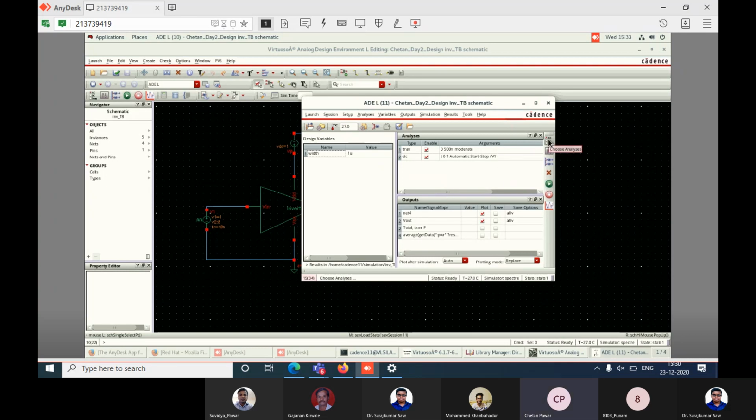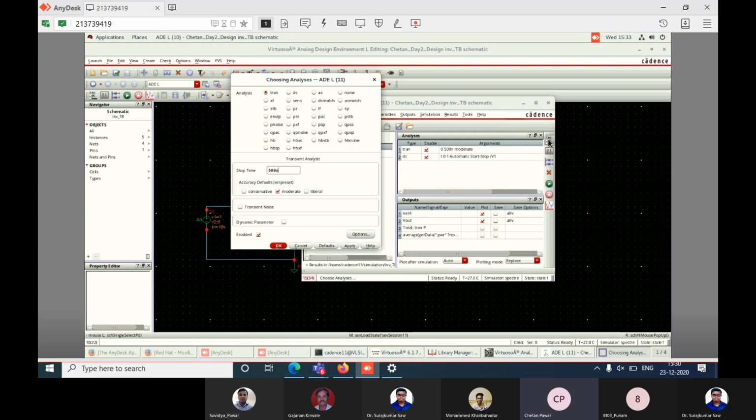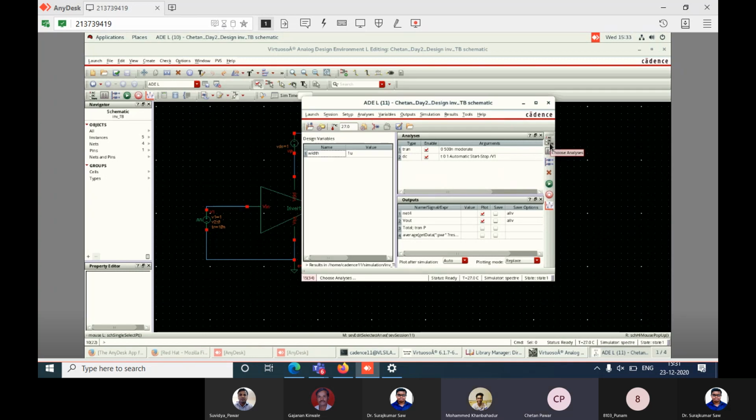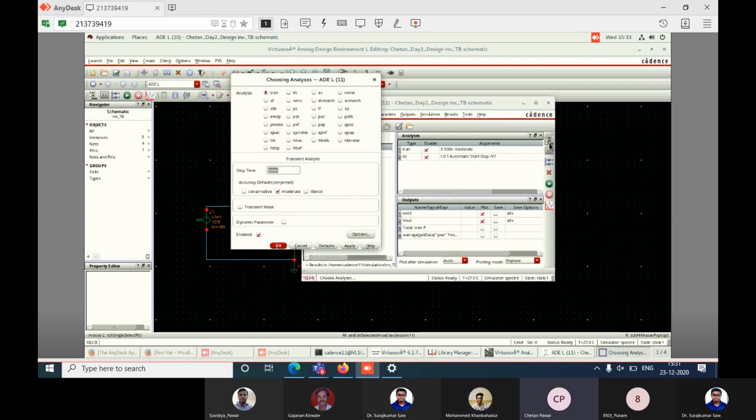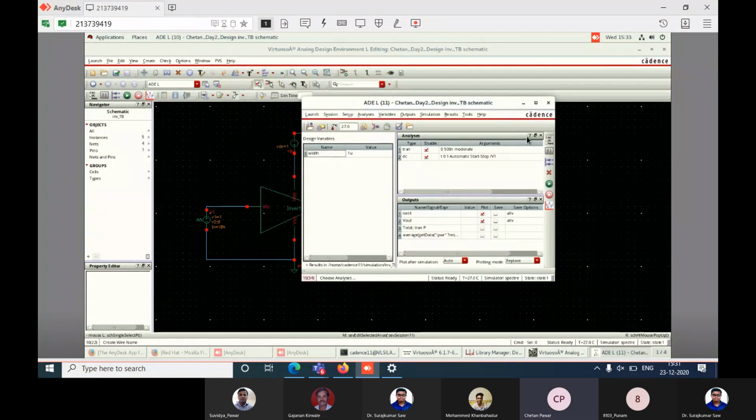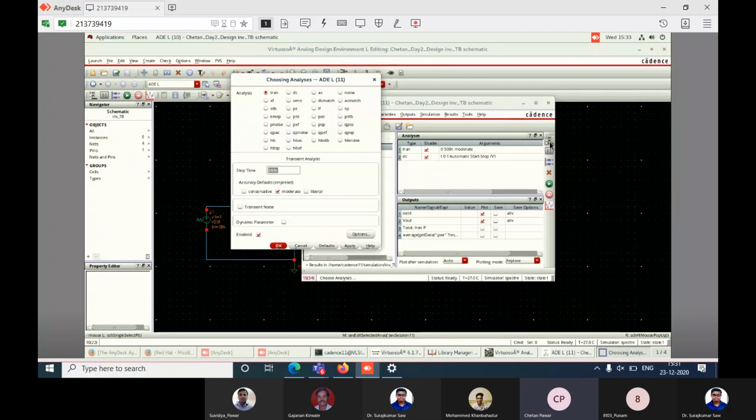So here, first you need to choose the analysis. Click here, choose analysis. Those who have selected the DC, you choose the analysis. Choose the analysis here by clicking on this shortcut.